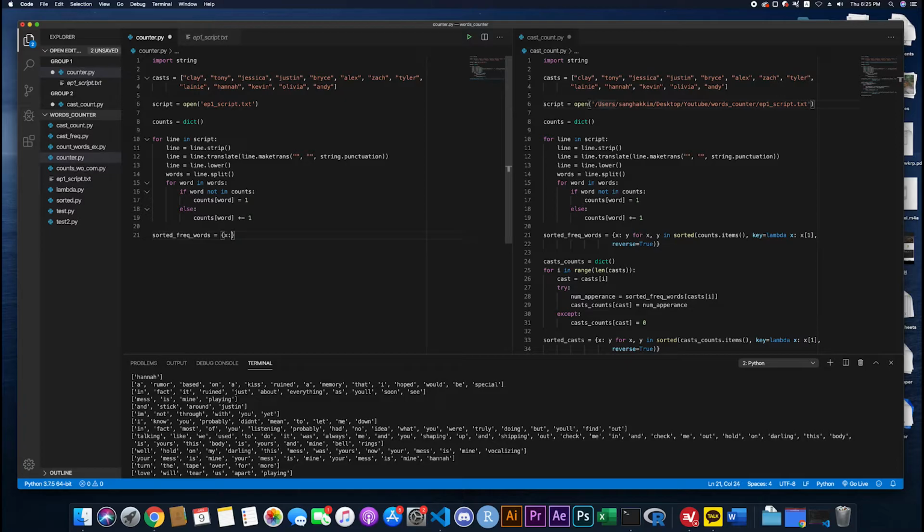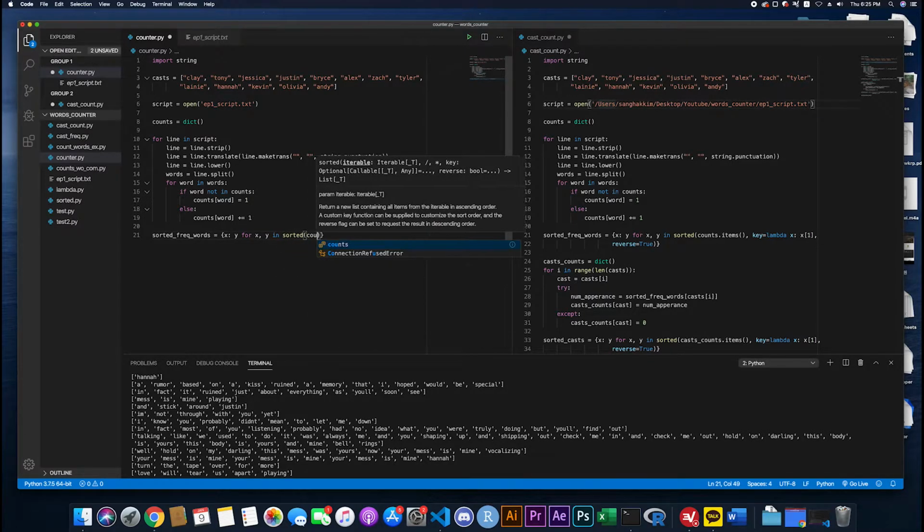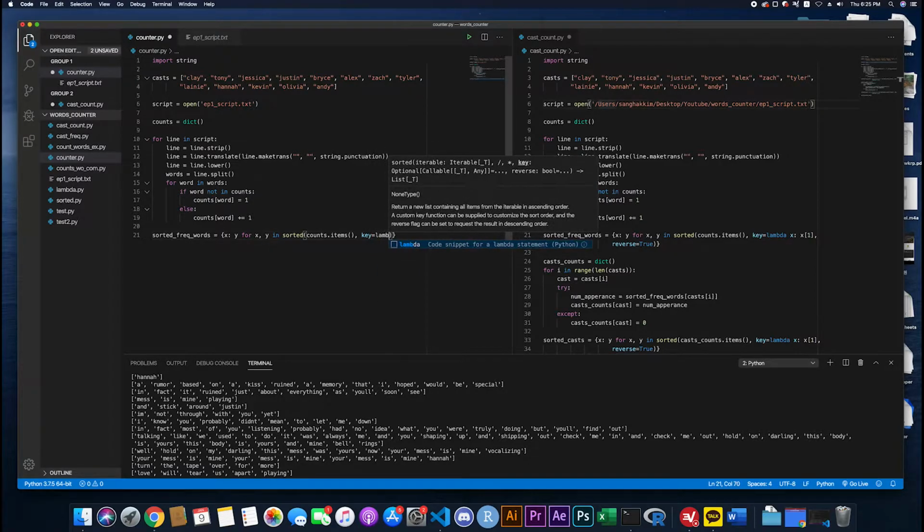So we will use a dictionary comprehension: for x, y in sorted(counts.items(), key=lambda x: x[1],